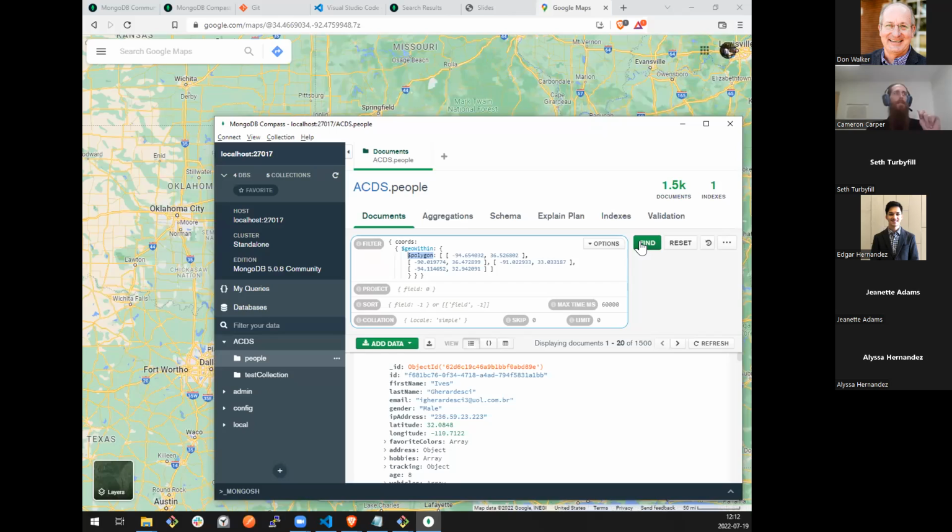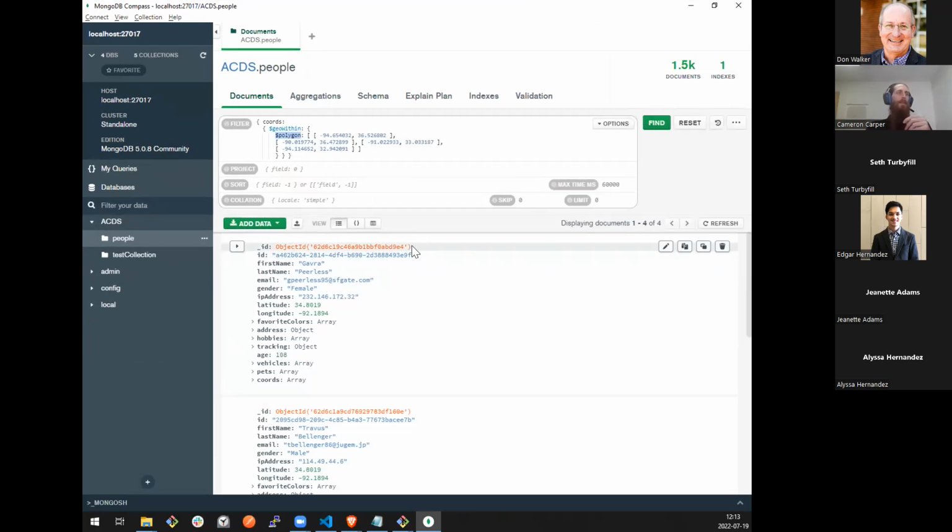So if I hit find and hope I copy pasted correctly, you can see I get 4 documents. So apparently only 4 people live in this polygon. So let's take a quick peek and see if their address information lines up. I believe from my initial testing it did, and I was actually a little bit surprised because this is randomly generated data, where it would randomly gen latitude and longitude and randomly gen Arkansas. So if they coordinated those two to make them mesh together, I'll be impressed.